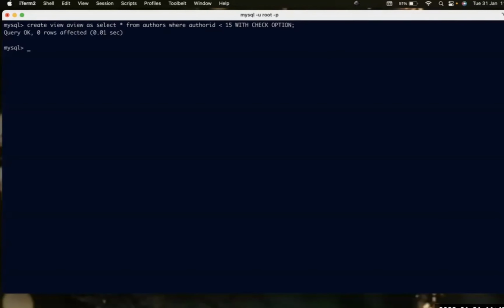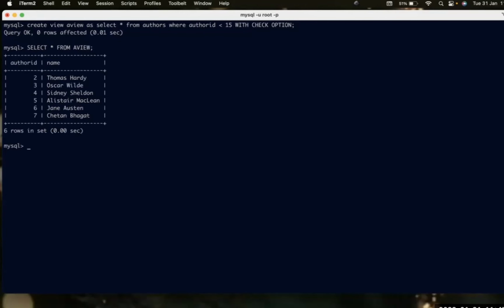So if I do this, now if I select star from A view, I see all the records which have values less than 50, right? If I try to insert a record now, insert into A view values, let's say 19, Tom Cruise,